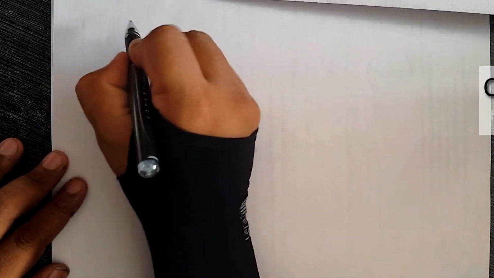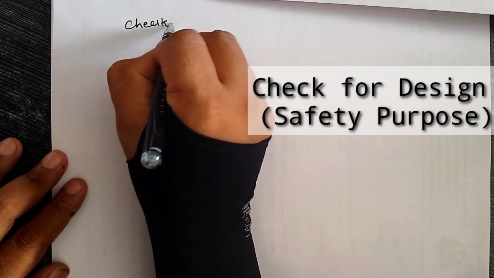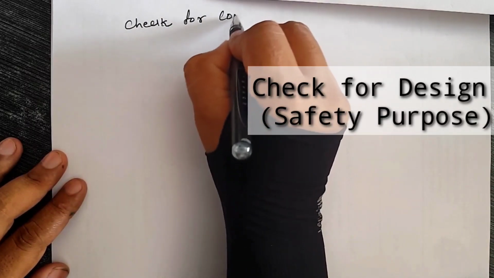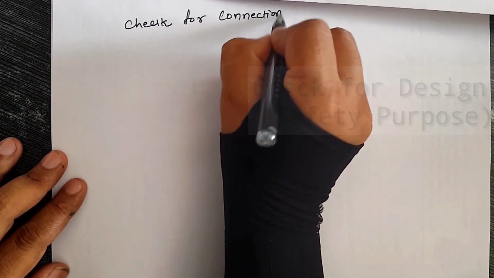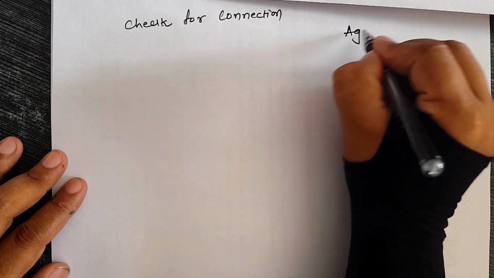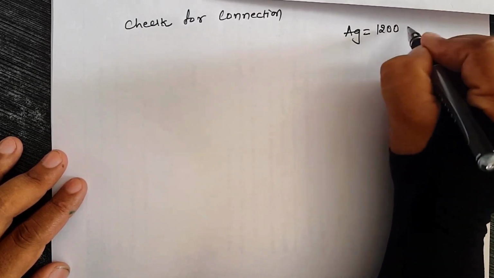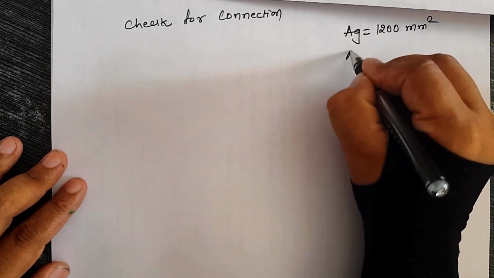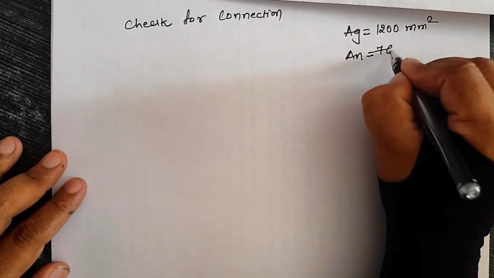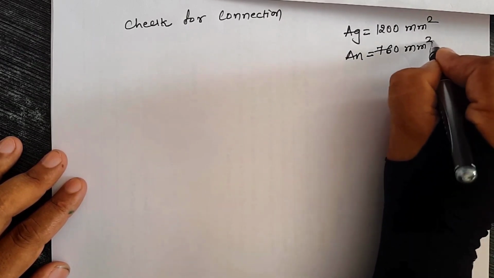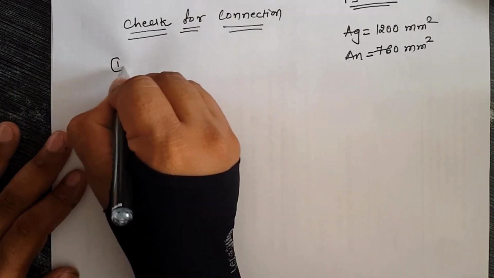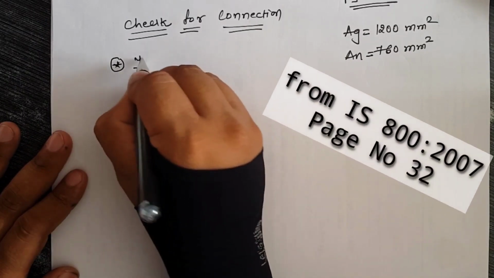Now let us try to check for the gross as well as the yielding. So check for connection. Now from the figure we can say that AG is equal to 1200 mm square and AN is equal to 760 mm square. Now let us check for the yielding,